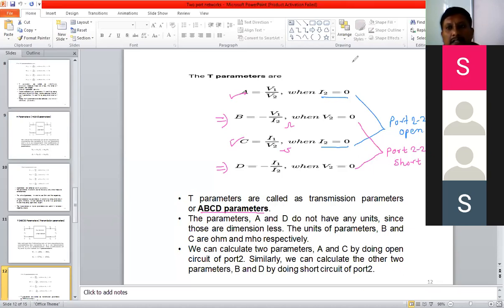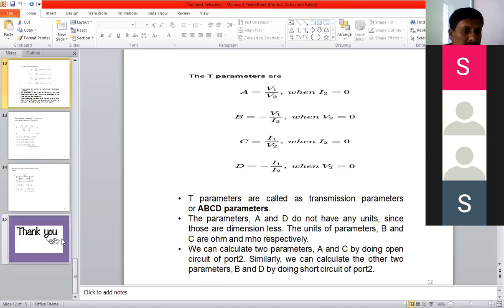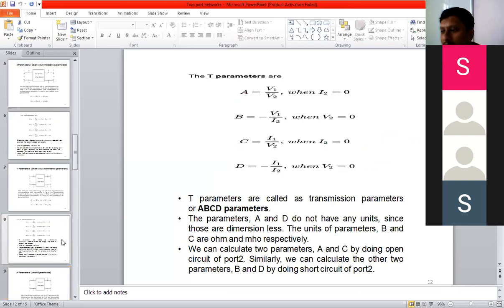The numerical examples based on these transmission parameters we are going to solve in the next lecture, and after that immediately we are going to start the interrelationship, or relationship, between different parameters. That is, what is the relation between H and Z, between Z and transmission, between transmission and admittance. So we are going to find out the interrelationship between these parameters. Some cases we can take. Actually there will be a total of 12 cases. Let me see how the 12 cases go, I will cover it within half a minute.